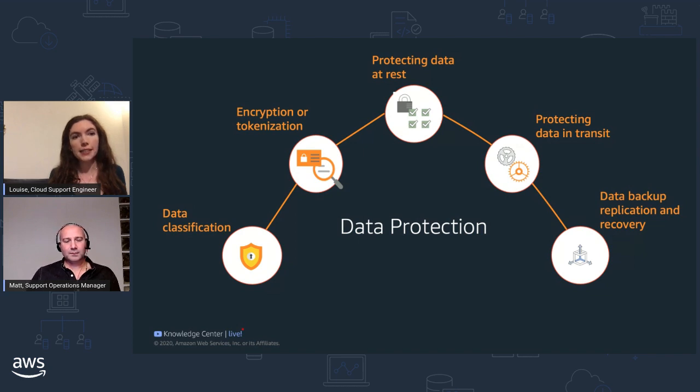We also have protecting data at rest. So this brings us back to AWS Key Management Service again. As I mentioned, it's our managed key service. It integrates with other AWS services. So it can be used with S3, EBS, and Glacier, our storage services, to encrypt data while it's being stored at rest. For protecting data in transit, TLS would be used to encrypt sensitive data in transit,